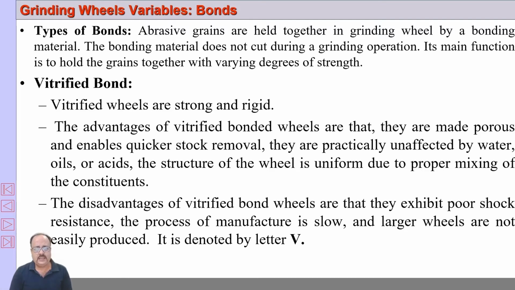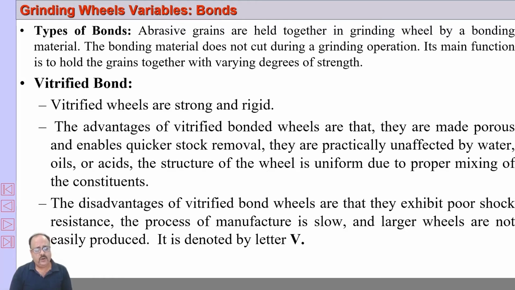Vitrified bond is basically a bond which is made of clay and feldspar mixed together. It is mixed with the abrasives and poured in a mold, normally in the shape of a wheel, and then heated to around 1200 degrees centigrade to obtain the particular wheel. Now the process of making this wheel is time taking, so making a large wheel takes a large amount of time,